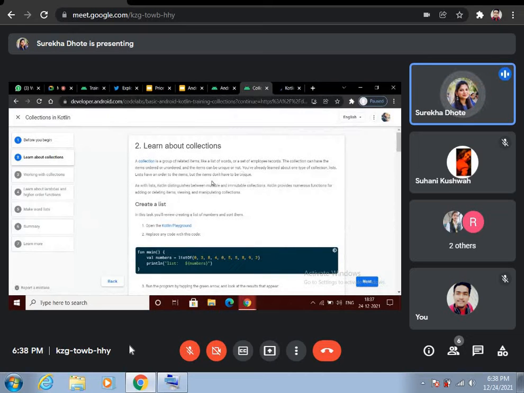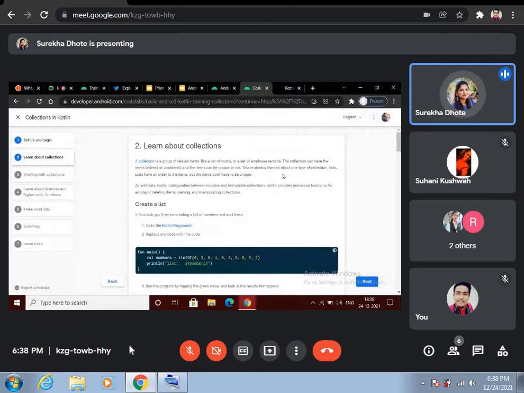Like a set of employee records, a set can have unique items.